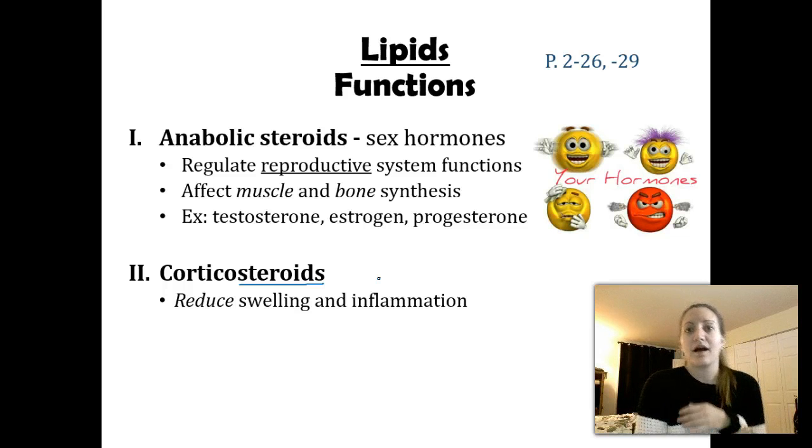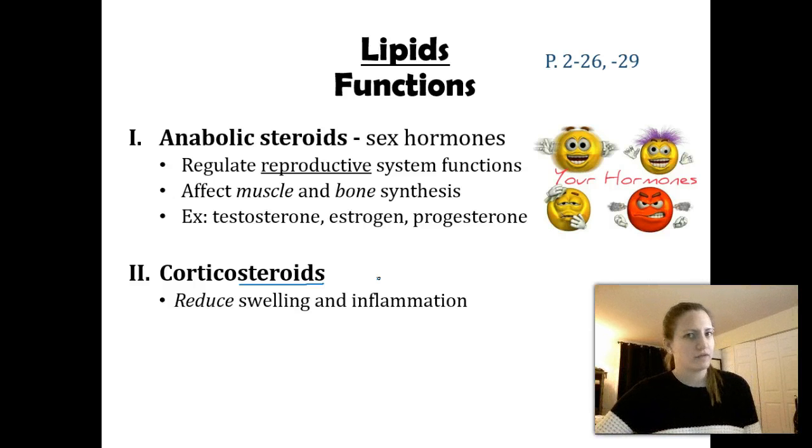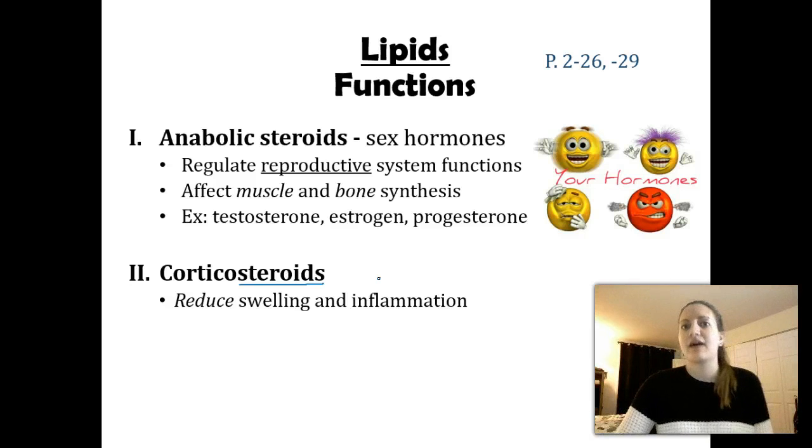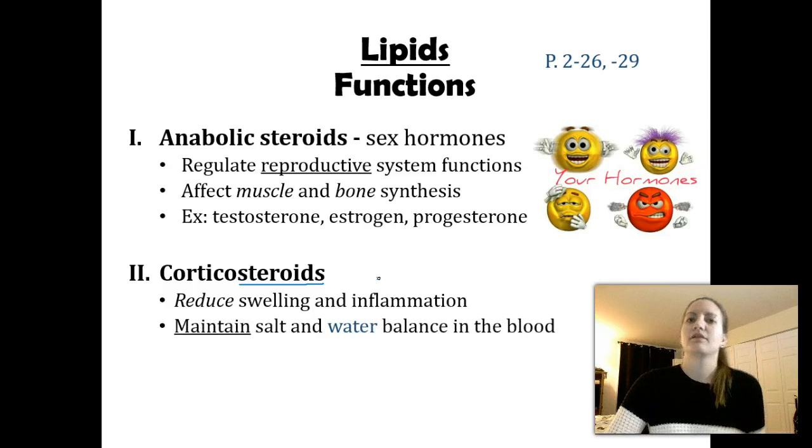So if you get a cut or you get a bruise, sometimes it swells, those hormones will tell the body, you know what, we're done swelling, it's fine. Everything's healing now, we can reduce that swelling. Or inflammation, think of a rash is inflammation. Corticosteroids are also telling our kidneys that, hey, you know what, take out more salt, or we need to reserve water. We haven't had that much water, so we need to keep more water. Don't keep peeing it out. So these corticosteroids are making sure we have the right amount of salts and the right amount of water in our body.